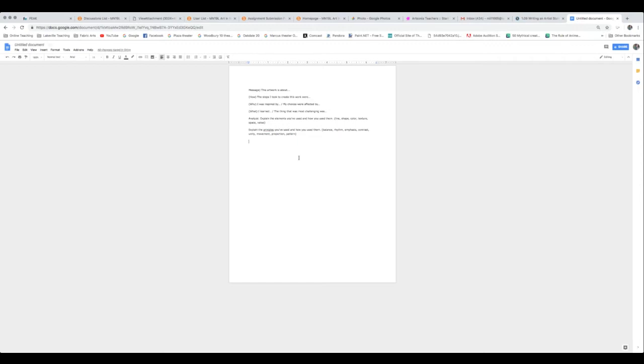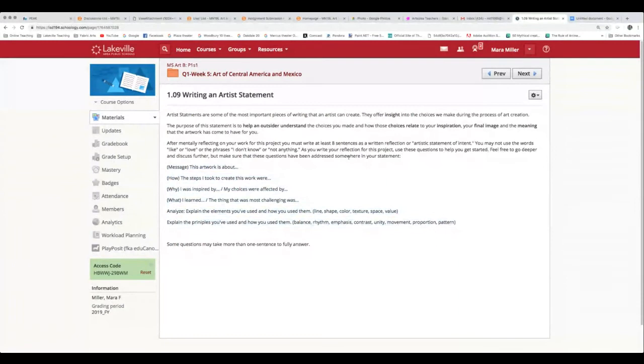So this kind of gives me a basic layout. Some things you want to know about, oops, that was misspelled, I'll fix that. Some things you want to know about your artist statement is that it's a statement that is meant to explain the choices that you've made and the artwork that you've created to someone who wasn't with you as you were creating it.